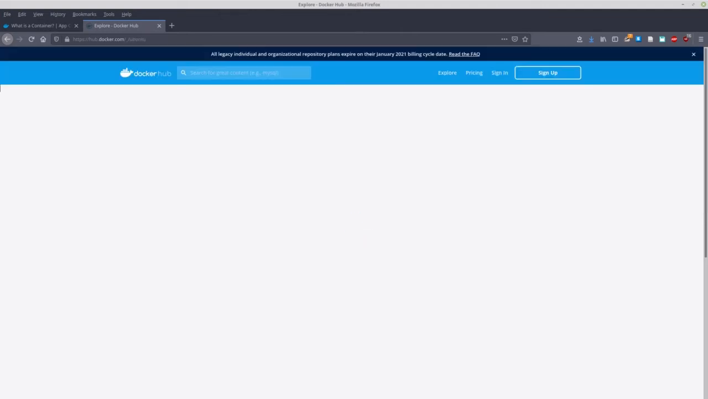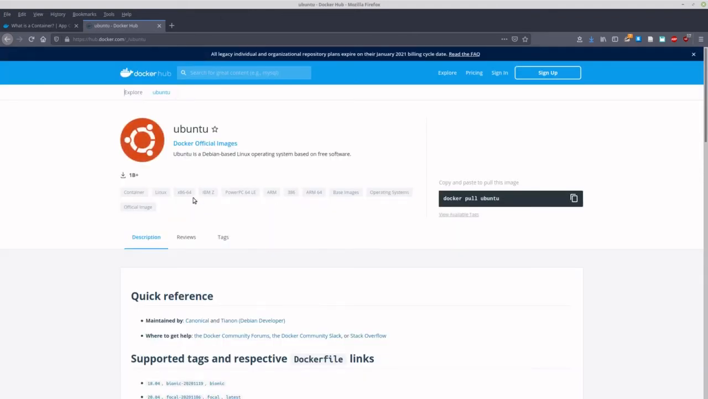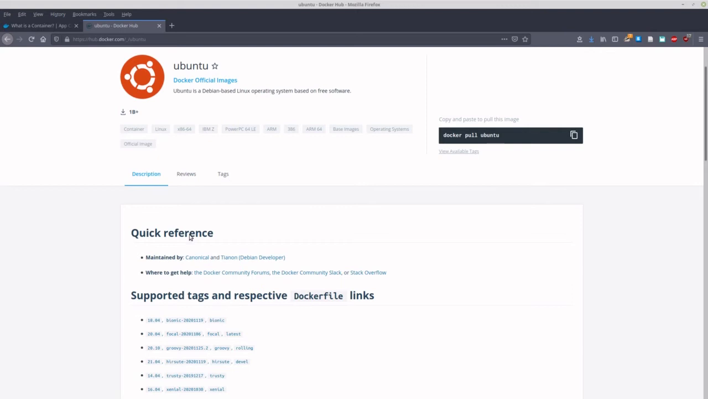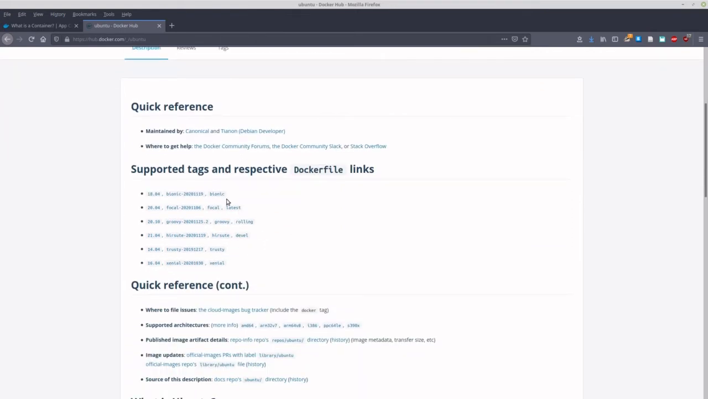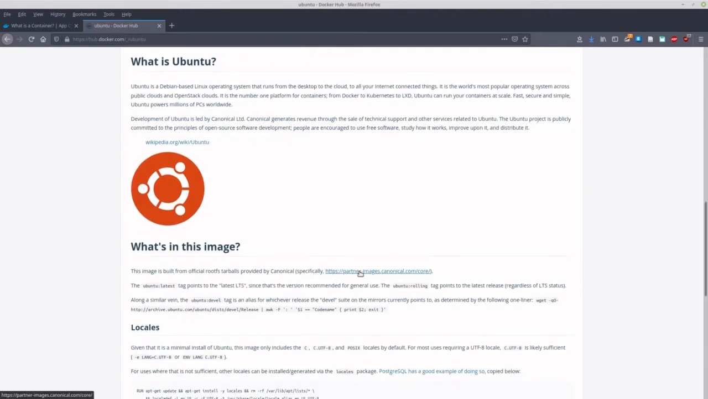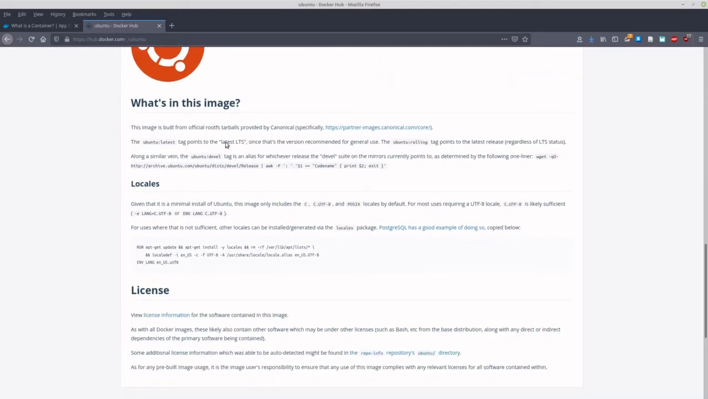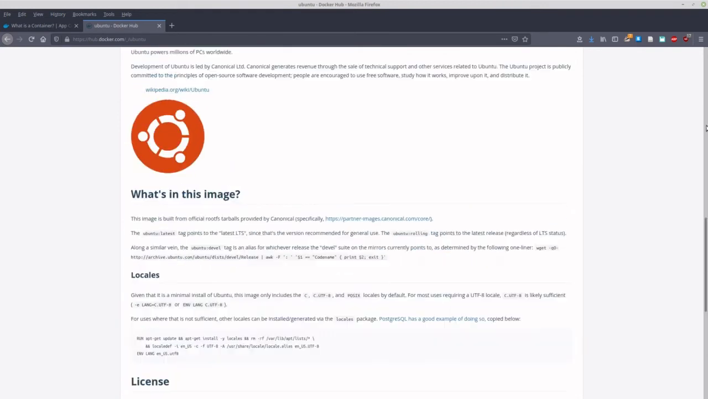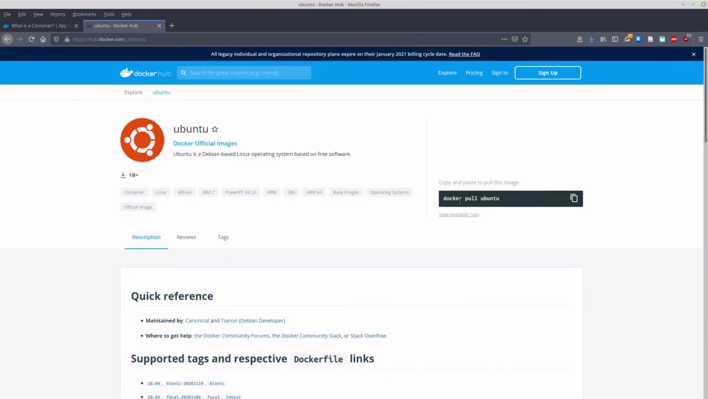We can choose Ubuntu, and it has 1 billion downloads, and there are various Ubuntu versions. For example, if you want 16.04, you can download that. If you want 20.04, we can download that. It also gives you the details of the image. So let's try to download this image from Docker Hub. For that, we can copy this